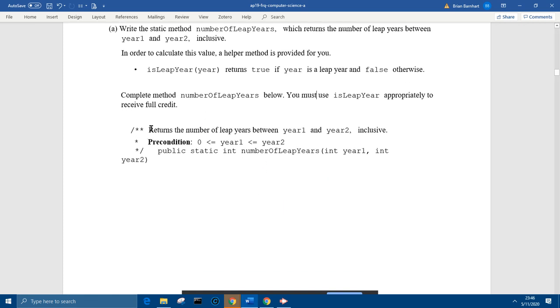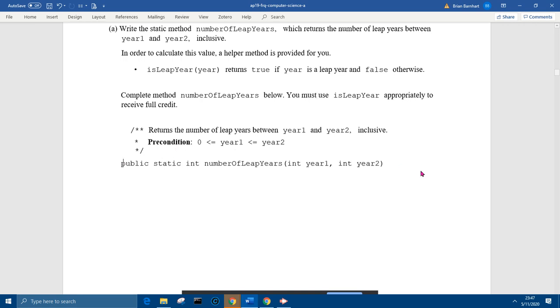So returns numbers, preconditions, sweet. And look, there, it started it out for us. Public static int number of leap years. There we go. I'll just do that for us, make it a little bit prettier. And coding in Word. So the first thing I'm going to want to do